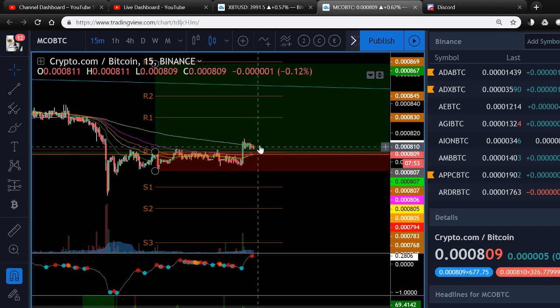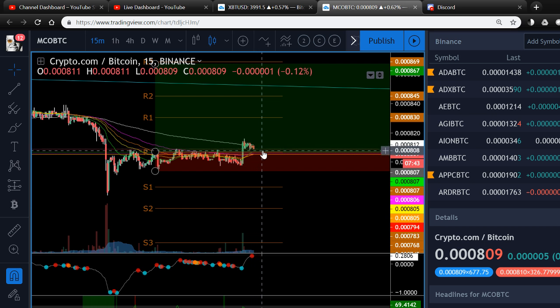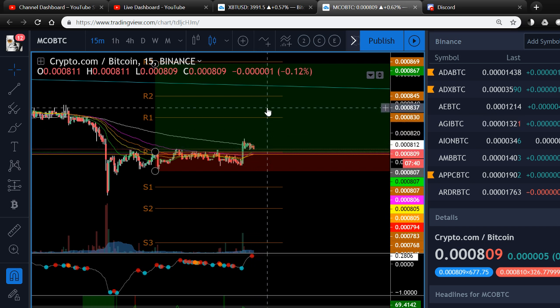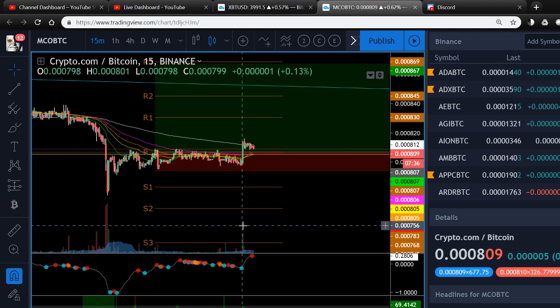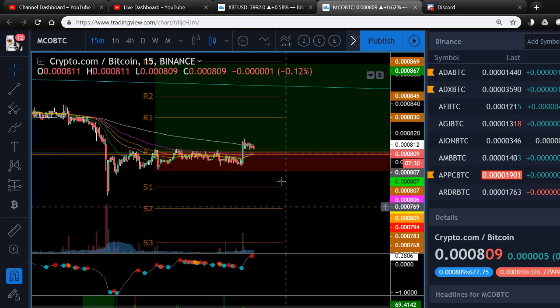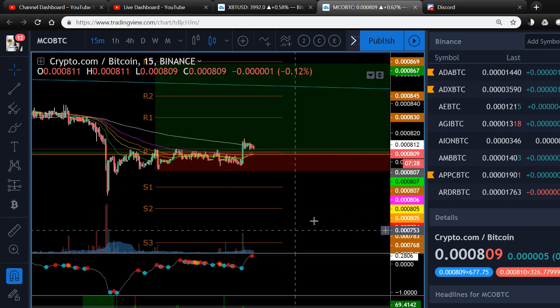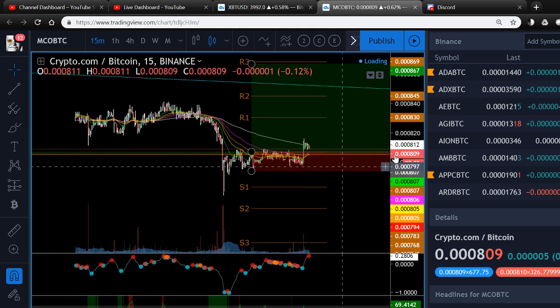So that's the thing. If we can stay above this 200 on the 15, it seems like we broke this level right here, and then we're fighting here with the 200 on the 15. It's possible to come back down here and then keep moving up. We had a nice volume spike right here, so it's possible that could happen. If we break this level here, then I wouldn't gamble on holding anything of this.